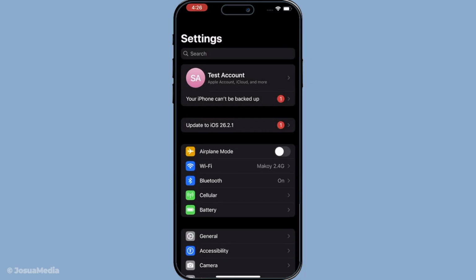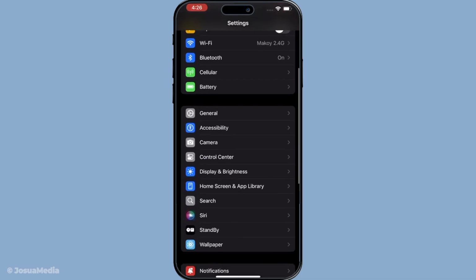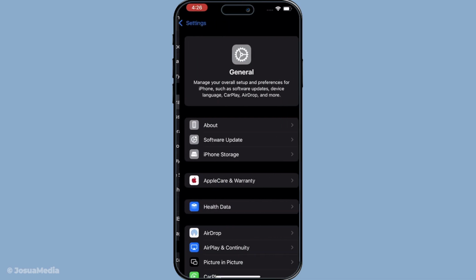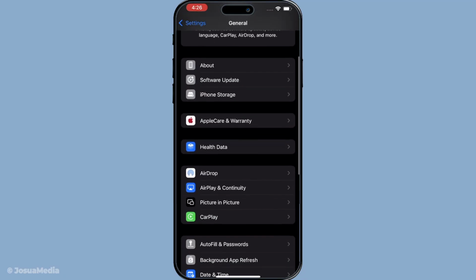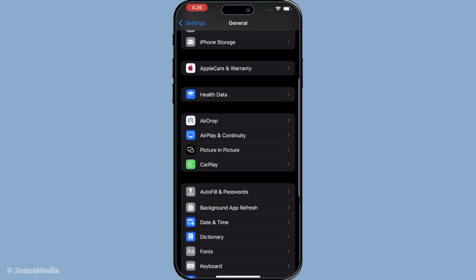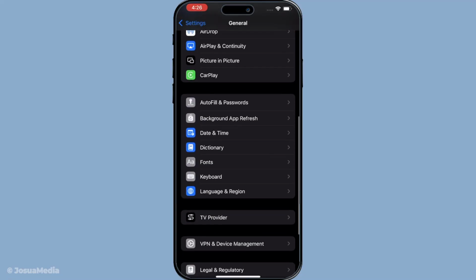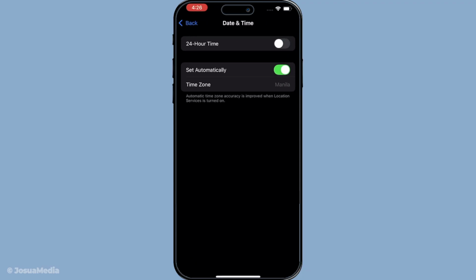on your iPhone. Once we're inside settings, scroll down a bit and tap on General, since that's where most of the system settings like date, time, and language are located. Now that we're in General, scroll down a little further and tap on Date and Time. This is where you can adjust your iPhone's clock settings, including the time format and whether it updates automatically based